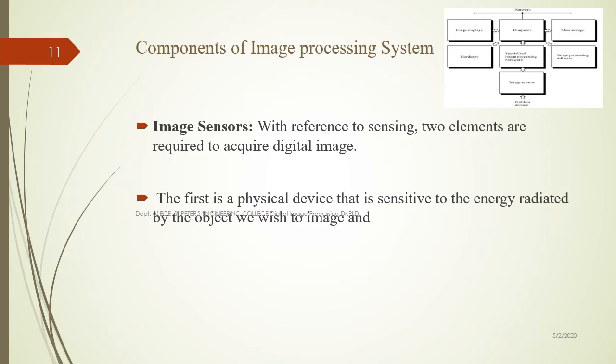That means what type of physical device you have in order to capture the focusing images or the desired images. Based on that, the sensing mechanism has its own efficiency of capturing. Then the second point, specialized image processing hardware. Based on the availability of hardware for processing these images, along with the capturing mechanism as well as hardware processing, we would like to have sensing efficiency. Through that, there is a chance to have an effective sensing mechanism. With an effective sensing mechanism, we are going to capture qualitative pictures.